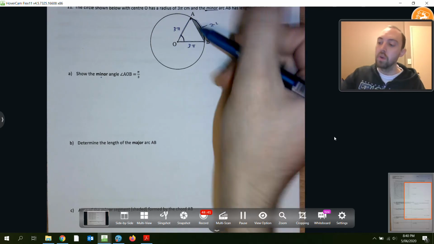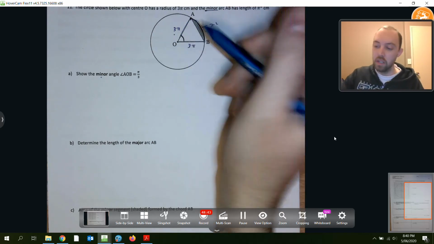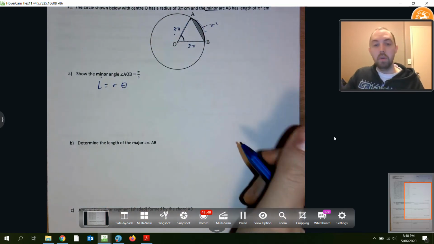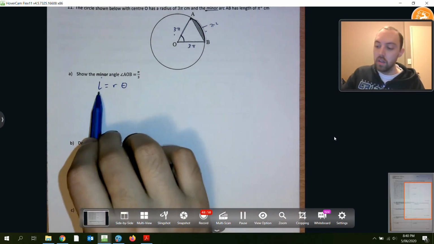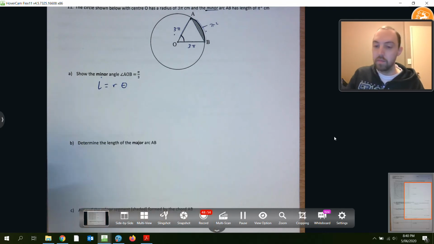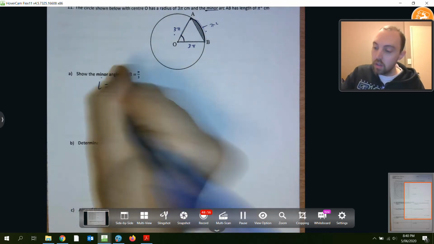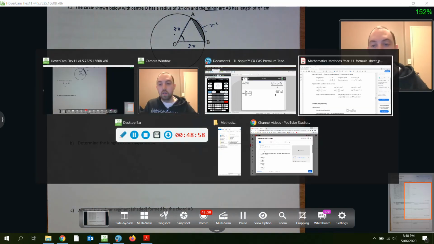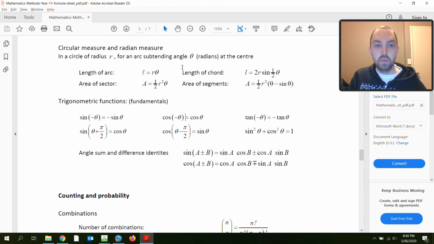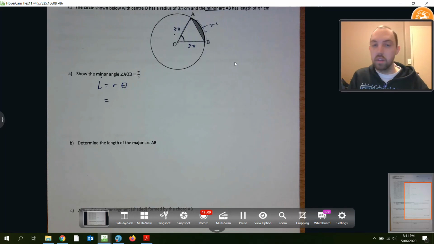Well, we know the arc length and we know the radius, and we know that the arc length is the number of radians times your radius. Okay, that is on your formula sheet for an arc, but it tells you that for an arc subtending angle theta radians, not pi radians. So